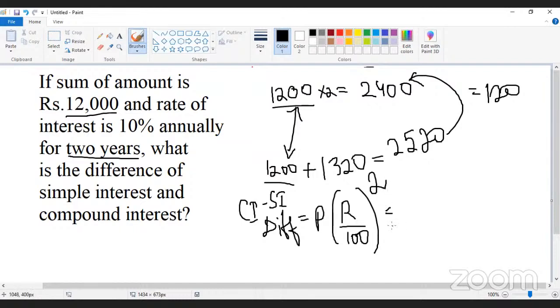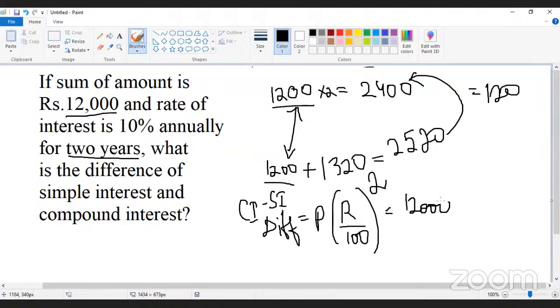I'll tell you the reason too. Because the compound interest keeps increasing. For 2 years alone, this formula works. Why? Because the first year interest amount is the same. Only from the second year it changes. So that is why this formula works only for 2 years. Principal amount into (R by 100) the whole power 2. So the principal amount is